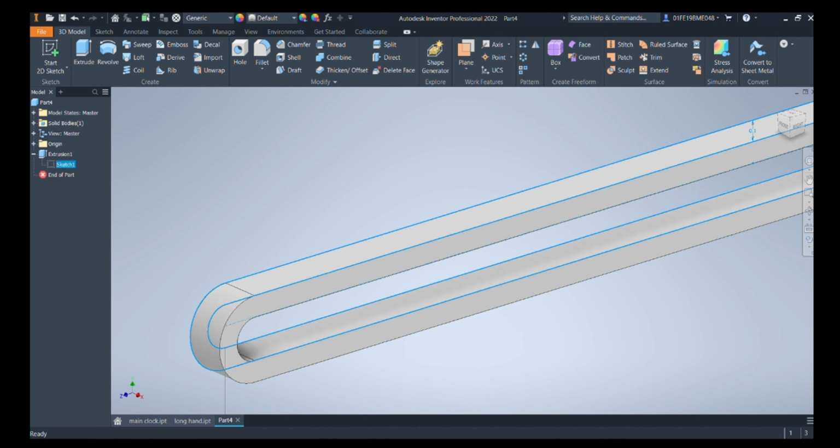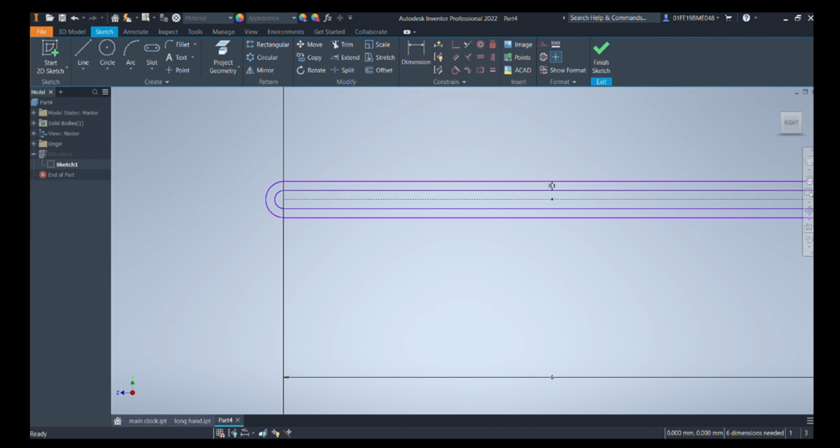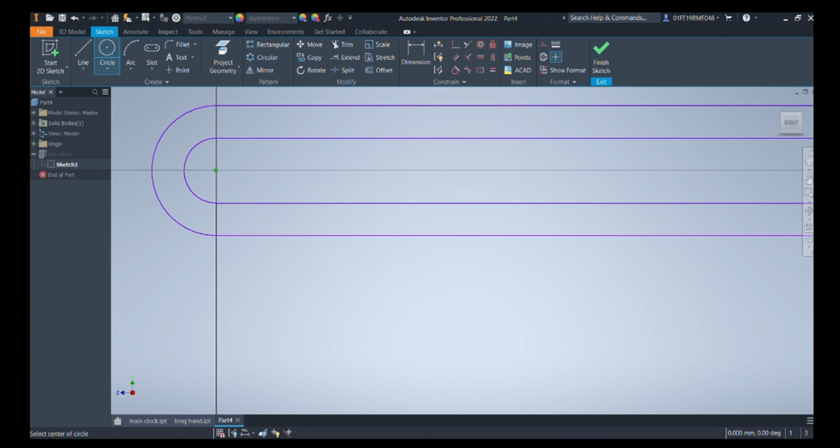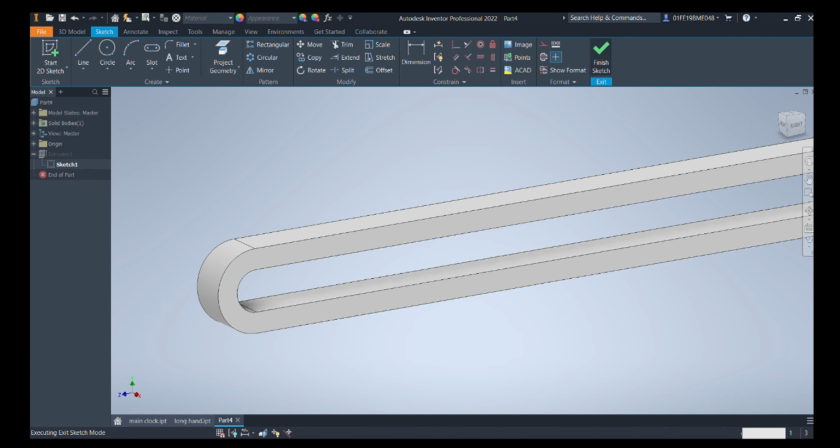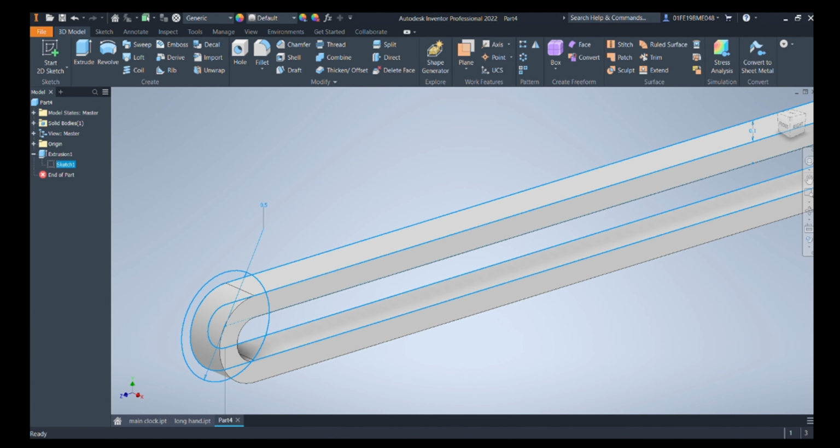So after extruding, we need to again edit the sketch since we forgot to draw the circle. Okay, after adding the circle, we need to extrude it in the opposite direction. Yes, extrude it in the opposite direction around again 0.1 to 0.2 mm, whichever looks good, since we will have enough space to add other things too.